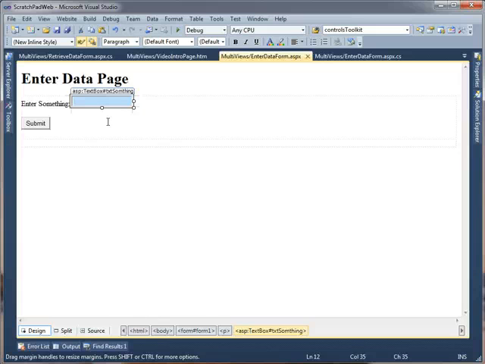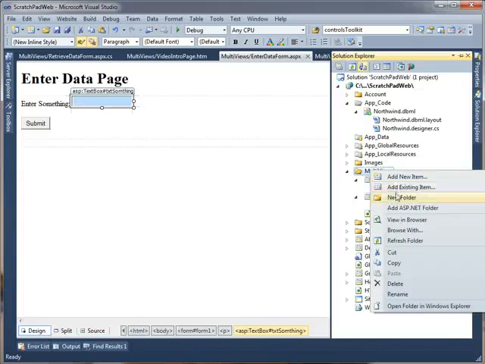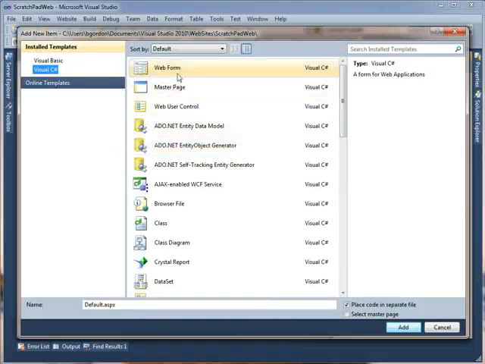an alternative to all that which doesn't require any state management, but we can still get that look and feel of, say, a data entry page and some type of feedback response page, and that's where the multi-view control comes in. So what I'm going to do is add a new page to my folder, just a web form page,